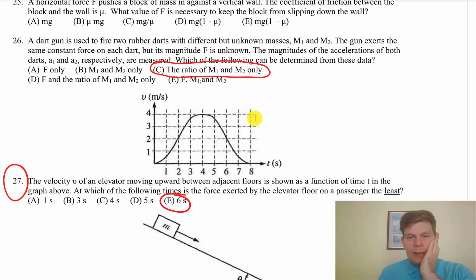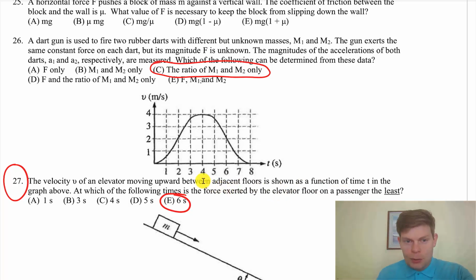Then we have this guy. You could probably have figured it out yourself, but I thought it might throw you enough that it was worth mentioning. We want to find at what time the force exerted by the elevator floor on a passenger is the least. So that's,